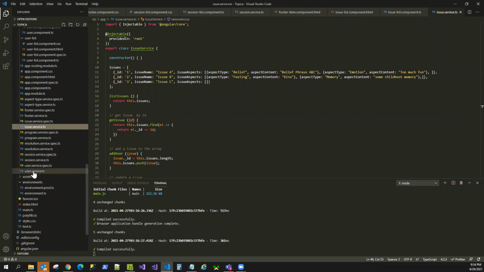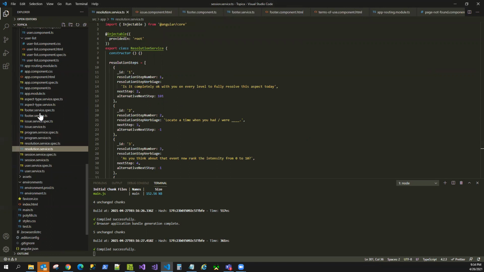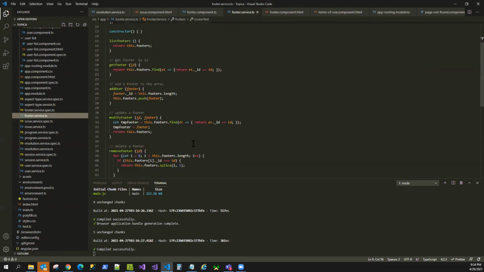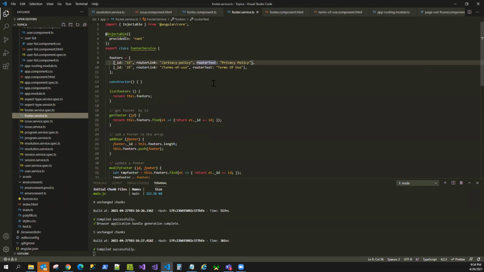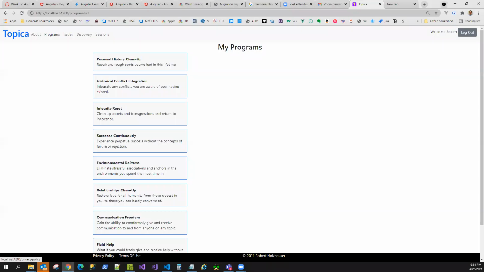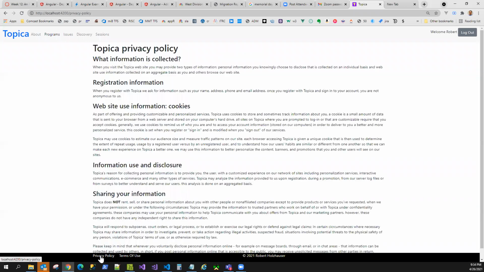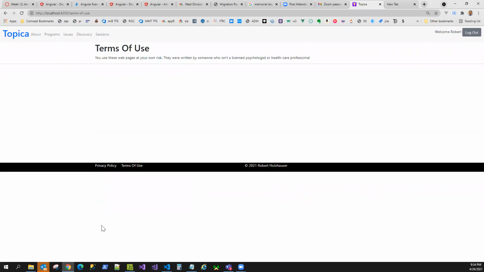So we've got a user service, a session service, resolution service. Let's look though real quick at the footer service. With our footer service, we've got privacy policy and terms of use. In the array here, I'm defining a router link and router text, which is going to be the name that's displayed here on the footer, privacy policy, terms of use. So then when we get routed to those,